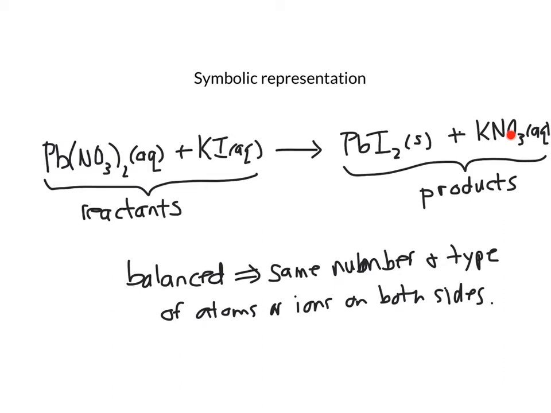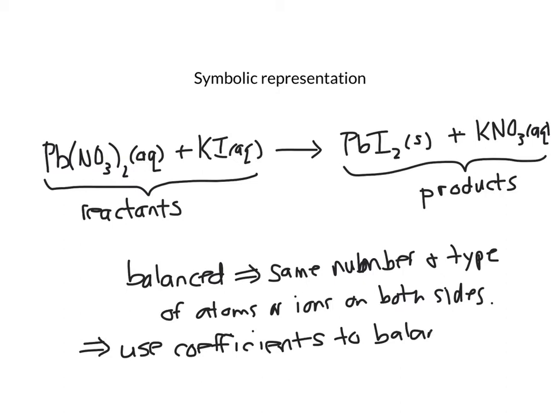The thing about balancing equations is that I must not change the chemical formula for the compounds. So to balance the equation, I use coefficients in front of each of the compounds. So I can't change what is reacting and what is being produced by changing the chemical formula. I can only use coefficients to balance the equation. So in other words, I could have two